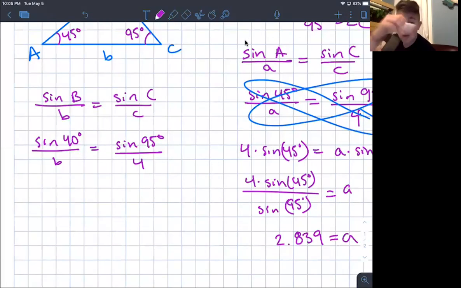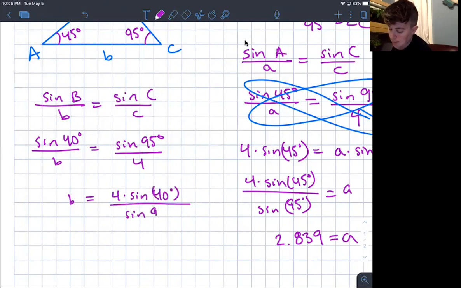Okay, do some quick cross multiplication. And I can tell you that B is going to be equal to 4 times the sine of 40 degrees divided by the sine of 95 degrees. So I'm going to type that in. 4 times the sine of 40 equals, divided by the sine of 95 equals. So B is equal to